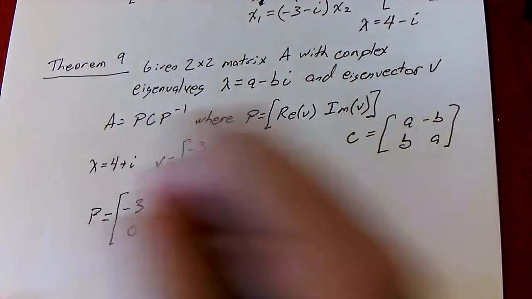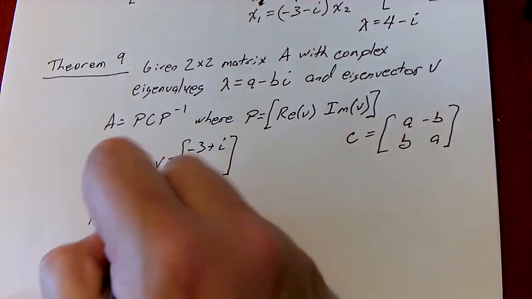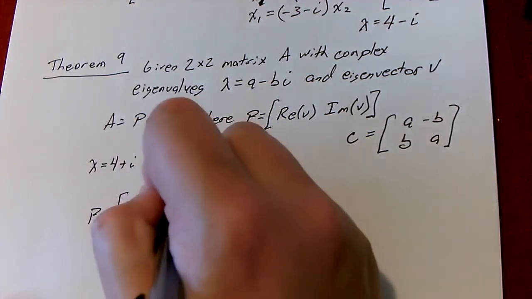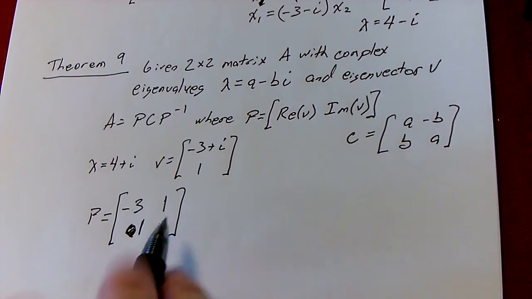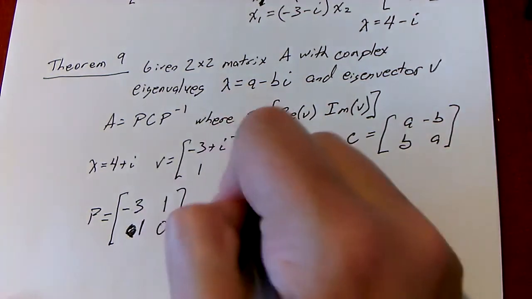And I have 1 for the real part, getting ahead of myself, and 0 for the imaginary part in the second row. So first row, -3 plus 1. Second row, 1 plus 0i, okay? And then C,